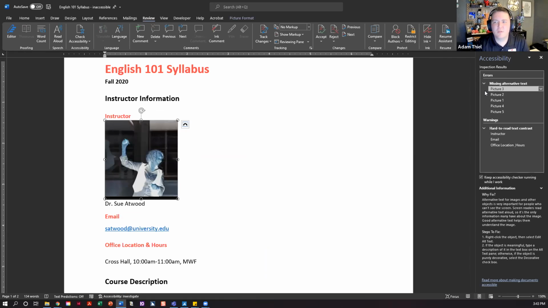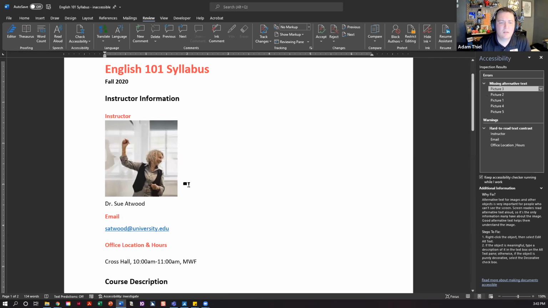So for those of you who don't know what alt text or alternative text is, it's providing screen reader software details about the image that you have in your document. And so it can really be used by a lot of different technologies, but only if it's there. And so you need to ensure that all of your images in your document have alt text, and that the alt text is accurately describing the meaning or the content of that image.